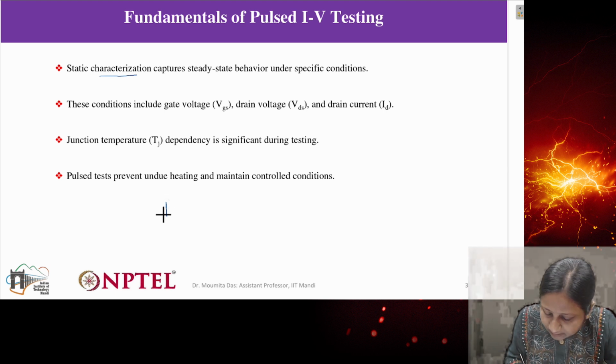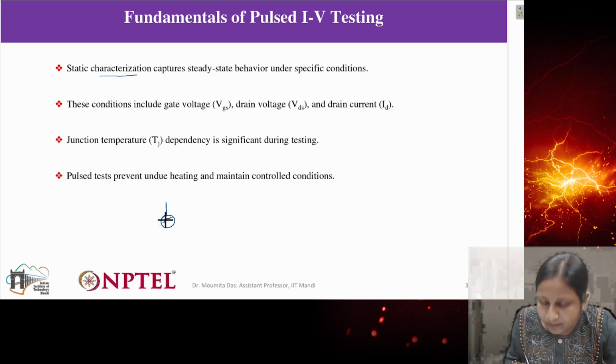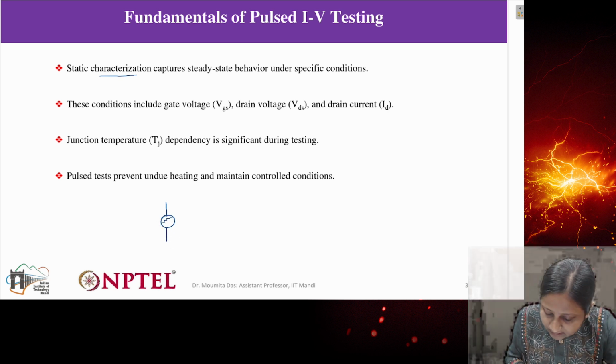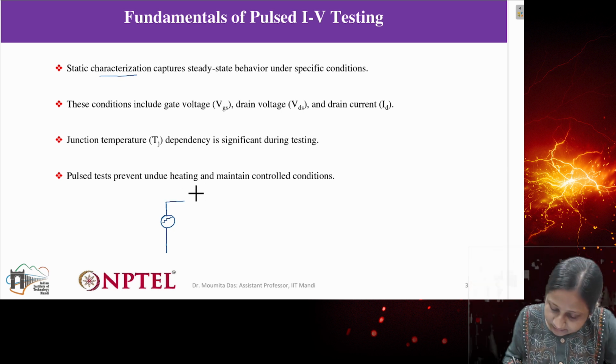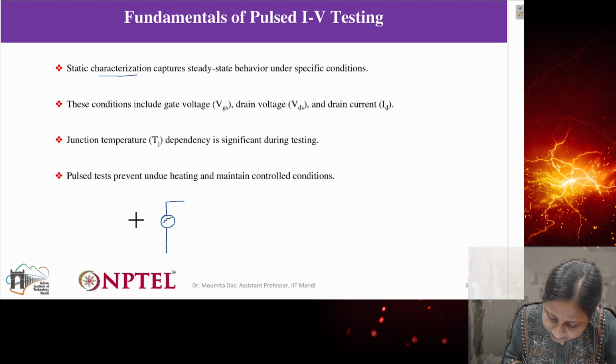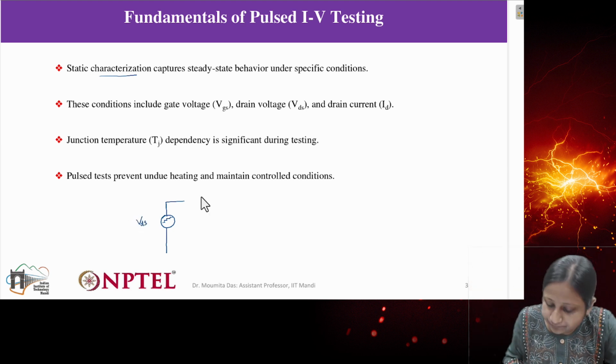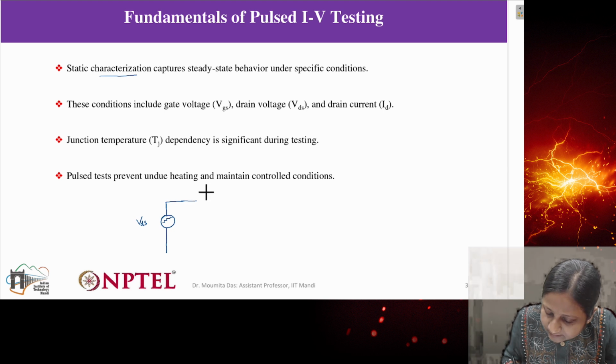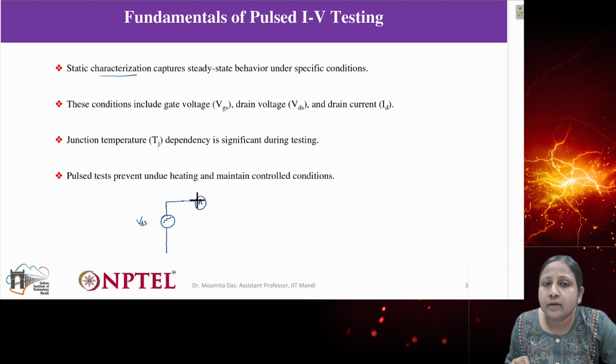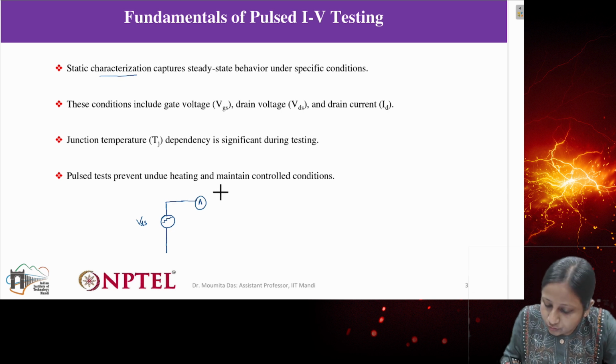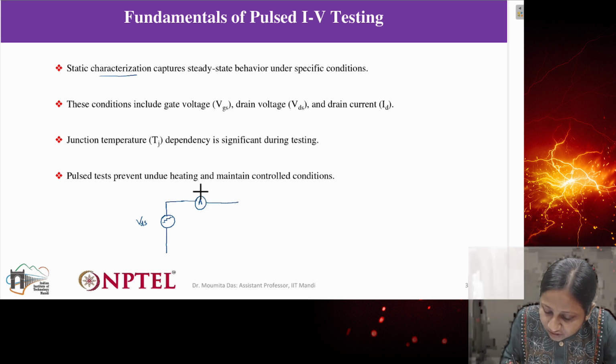How do this drain to source voltage and gate to source voltage look? Basically we need to provide step kind of voltages to both the gate and the drain. Let's say this is the VDS we are providing. Now this will be connected to one current measurement port, which will measure the drain current